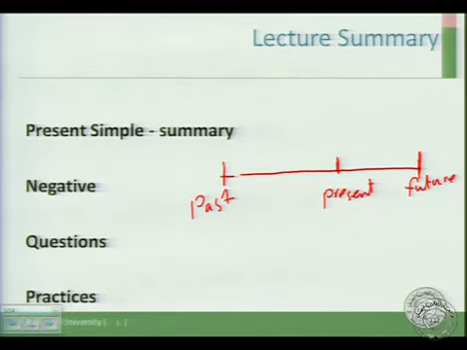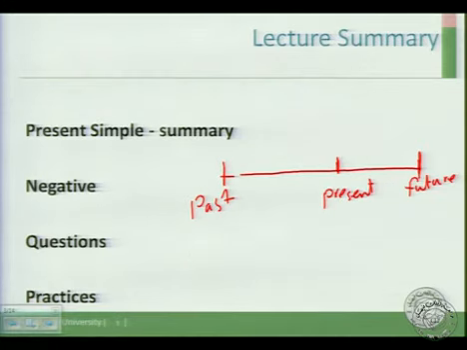So this is the past, الماضي, and this is the present, الوقت الحاضر, and this is future, المستقبل. So the present simple, something that happens every day. So something that you usually do in the past, and you do now, and you will do in the future. This is why we call it the present simple,